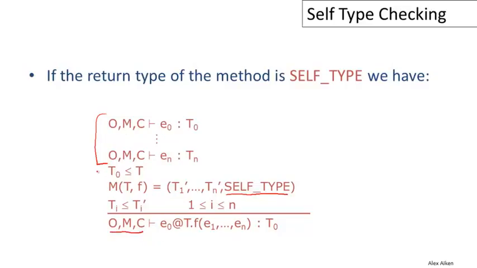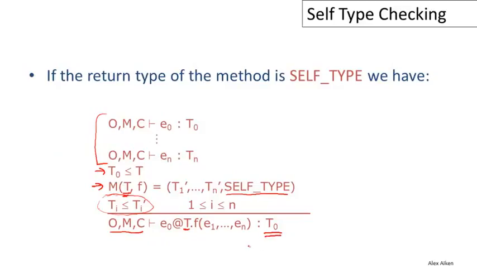We have to check that the class we're dispatching to, the type T0, is a subtype of the class named in the static dispatch. We have to look up the method. It has to exist in that class that we're statically dispatching to. So we have to look up in class T the method f and get its signature. And then we have to check that the actual arguments conform to the formal parameters, that the types of the arguments match the declared types of the formal parameters. And then the only thing that's kind of curious about this rule is that the result type here is again